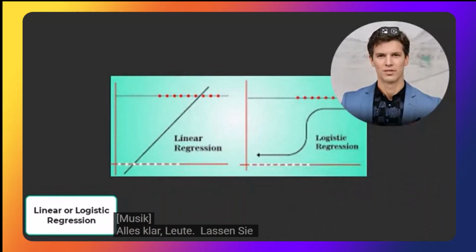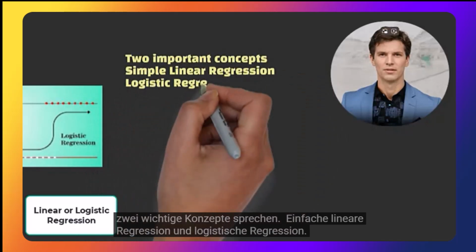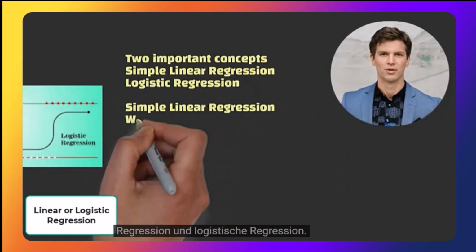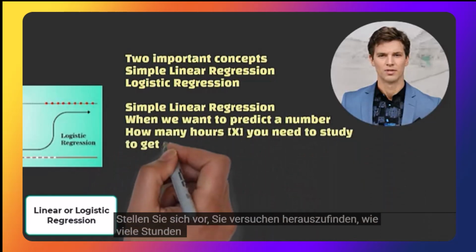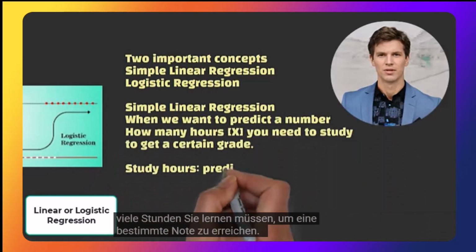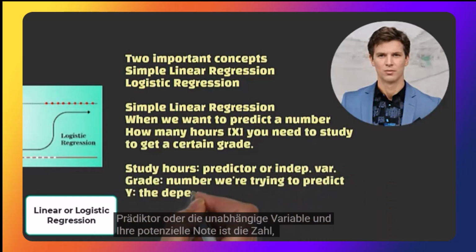Alright everyone, let's chat about two important concepts, simple linear regression and logistic regression. Think of simple linear regression as our go-to when we want to predict a number. Imagine you're trying to figure out how many hours you need to study to get a certain grade. Your study hours is the predictor or independent variable, and your potential grade is the number we're trying to predict